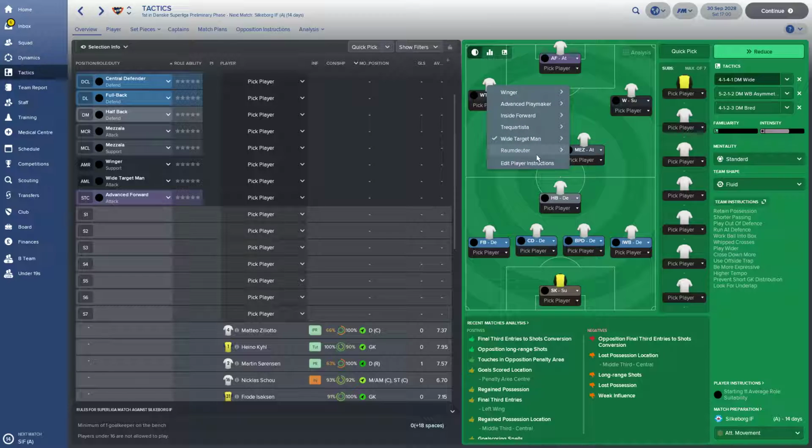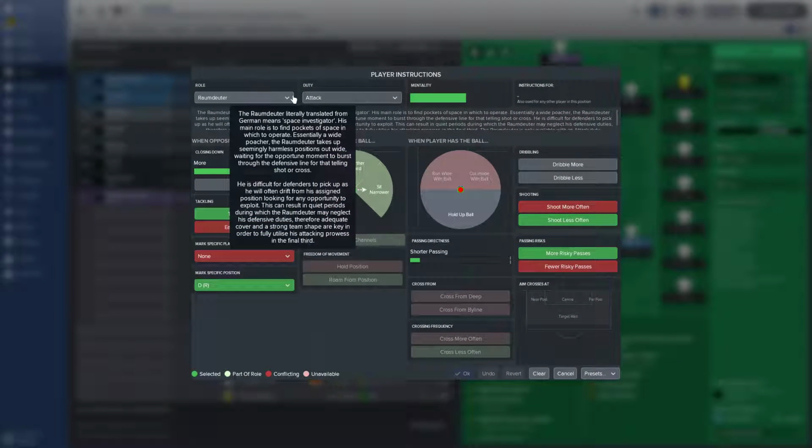Lastly, we have the Raumdeuter. That's German. That's the Thomas Müller role. I haven't been using this role that much. I think it's weird that Football Manager starts to make roles on behalf of 1 or